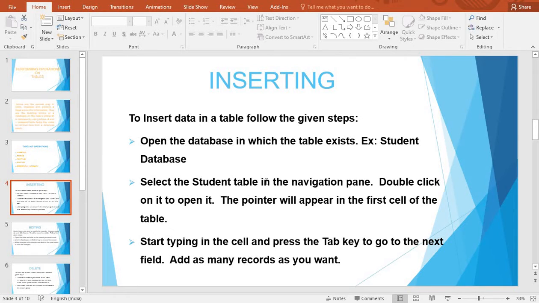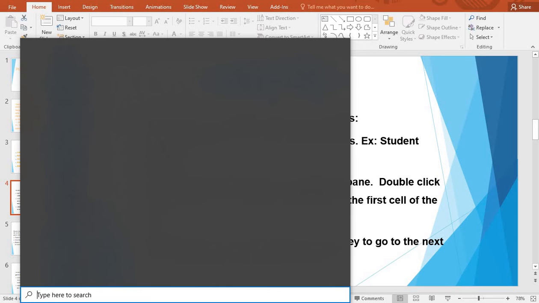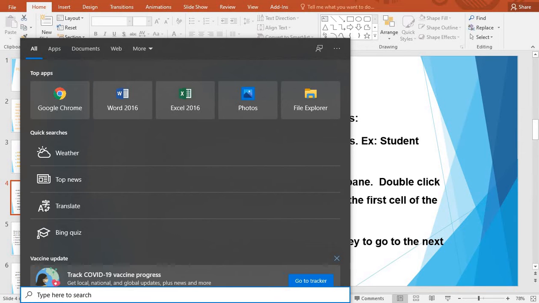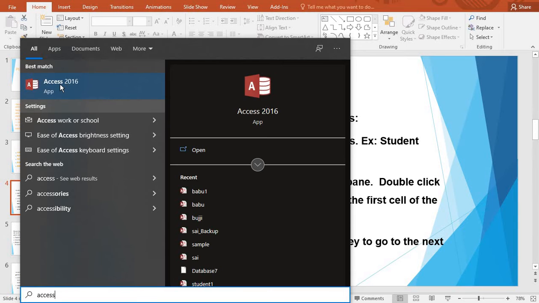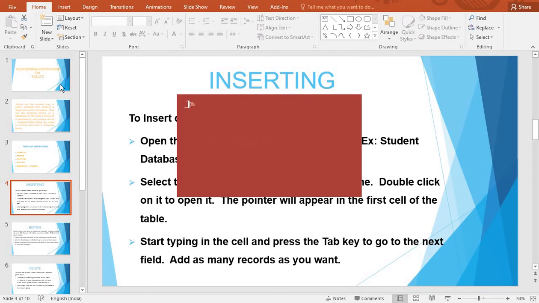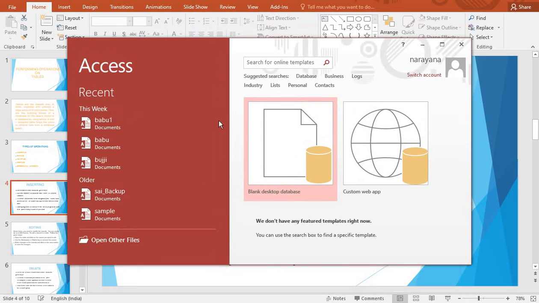Now I am opening Access for your understanding. Then everyone would understand clearly, I think. See here, if you click on Microsoft Access, then it will open a window like this.